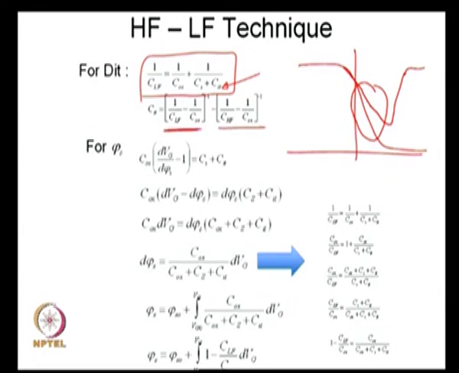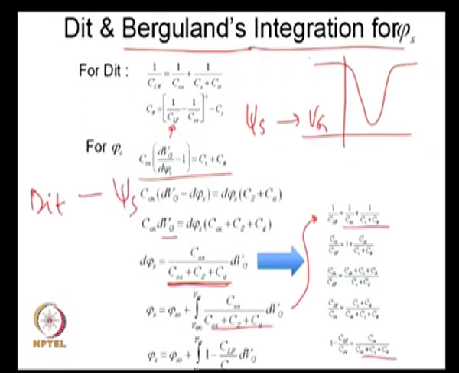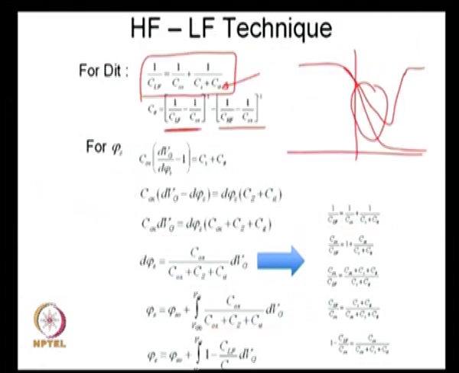You make use of the low frequency capacitance, and the Cs that I had in the previous equation can be computed using the high frequency capacitance, as 1 over CHF minus 1 over Cox, inverse. So CIT, or in other words DIT, is now computed based on two actually measured values, the low frequency value and the high frequency value, and this is how I get DIT as a function of Vg. At different values of Vg I get DIT,